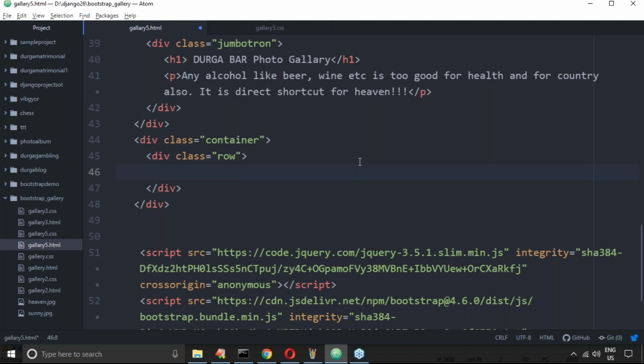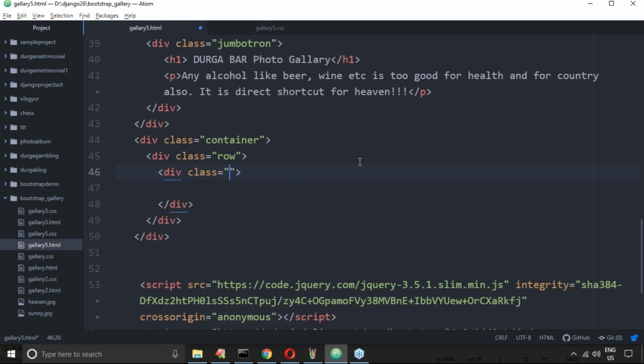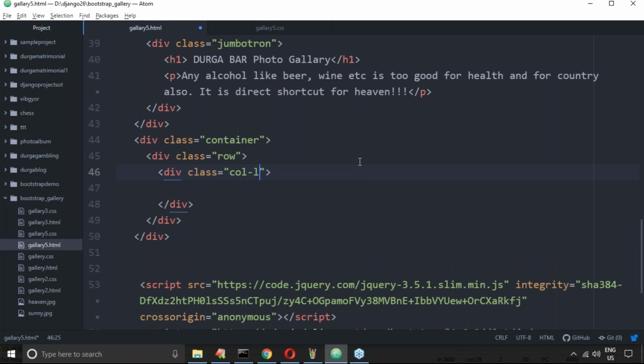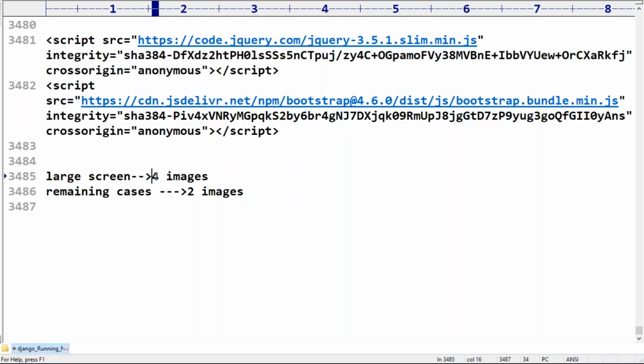Next, inside that div, call large screen. How many images do you require for large screen? Four images. Four images means how many columns does each one have to take? Three columns, correct.